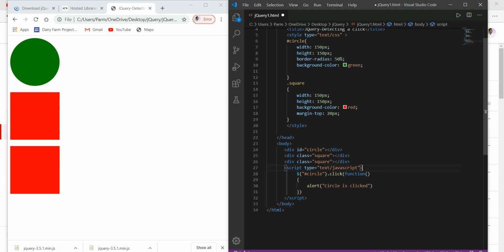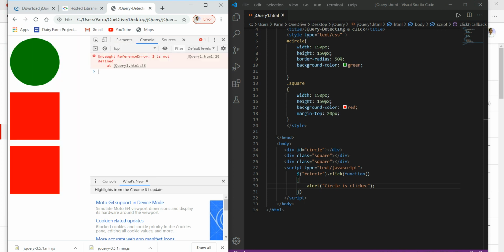So here we just have to understand, we use the string symbol, then we call the click event by its id, then we create a function, and in the function we are going to alert that circle is clicked. Save it, refresh it, and then click on this. Again there is a problem, so again we will go to inspect and see it in the console.